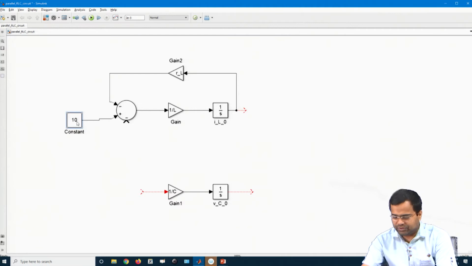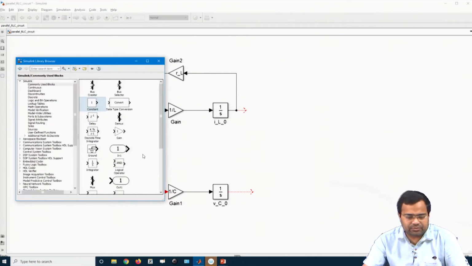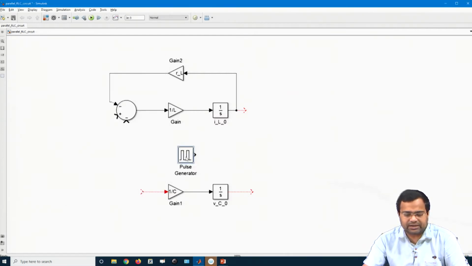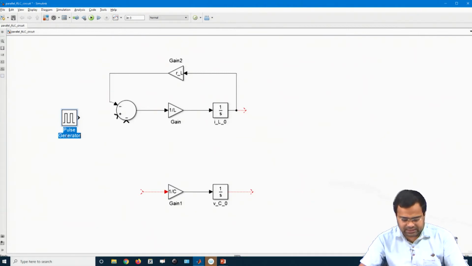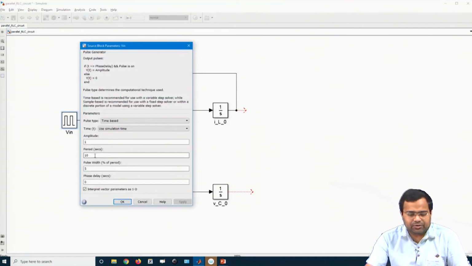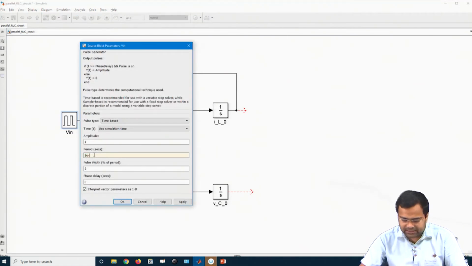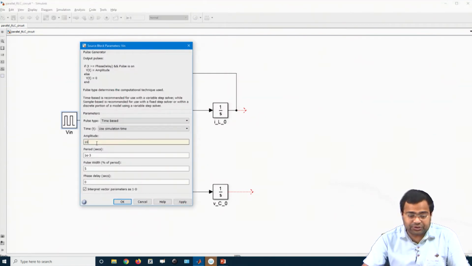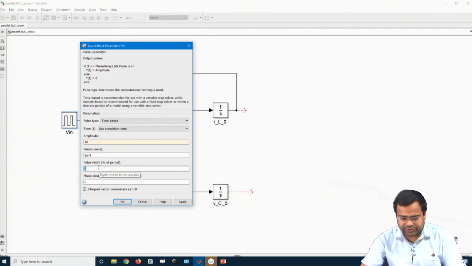In the earlier example, we took a source, and we took a pulse generator. So, we will continue with this pulse generator, and we call it Vin, and we will use the same pulse generator where the time period was 1 millisecond, and the value changes from 10 volt to 0 volt with 50% duty ratio. That is it.